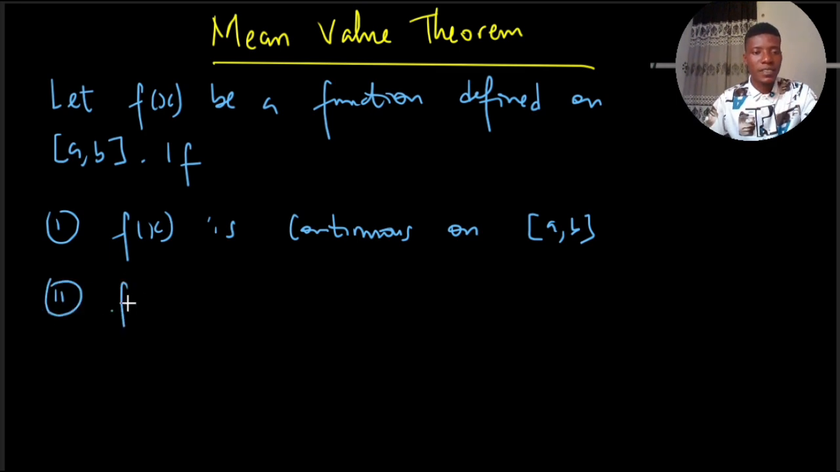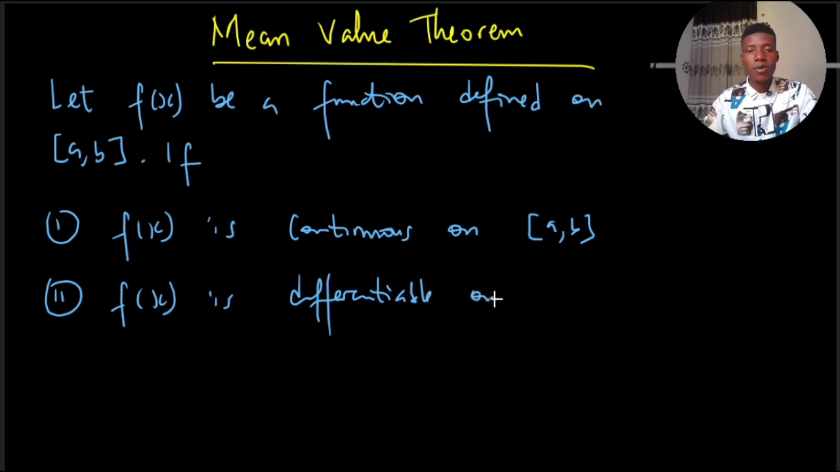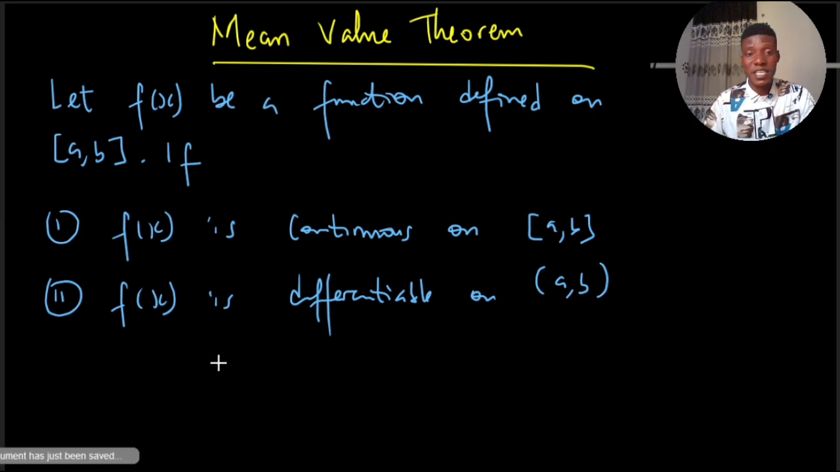Second aspect is that if f of x is differentiable on an open interval a, b, this theorem does not have the third part. It does not care whether f of a is equal to f of b. So if just these two conditions are satisfied, then it says that there exists